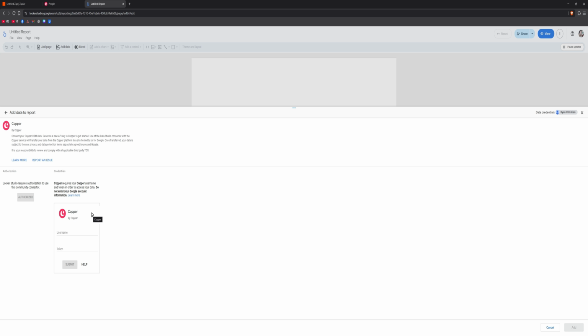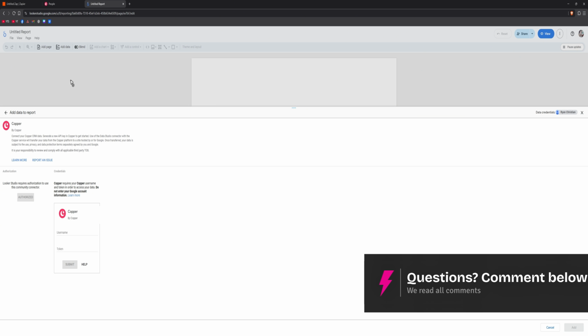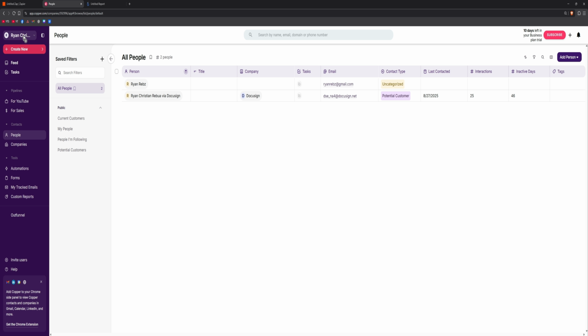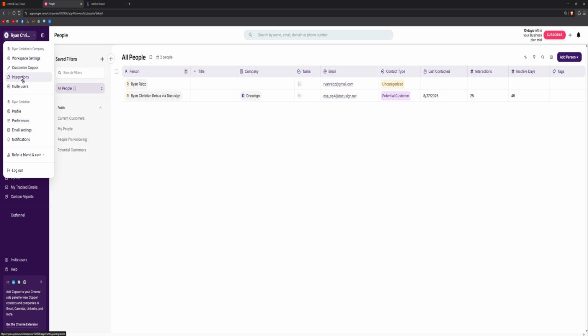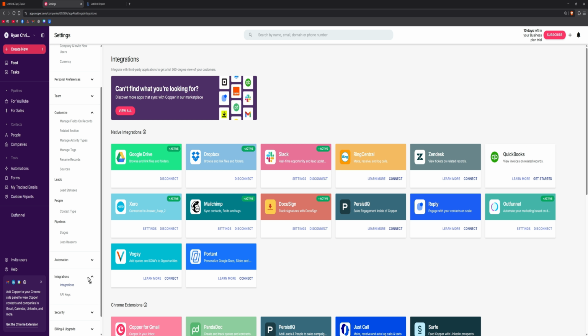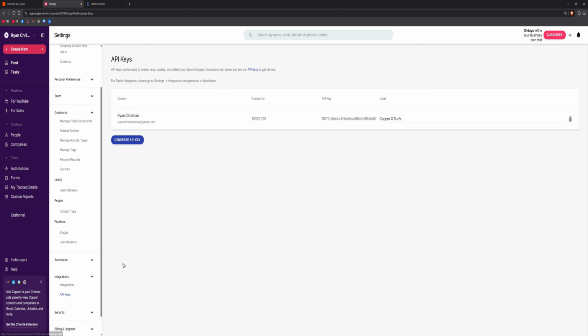And then here, as you can see, it needs a username and token. So what we'll do is just go ahead over to Copper CRM, and then here go to the top left, click on your profile, click on integrations. Now in the left panel as well, we're going to want to find integrations. Click on it, and here we have API keys. Click on it, and if you don't have any API key, just click on generate, and it will give you